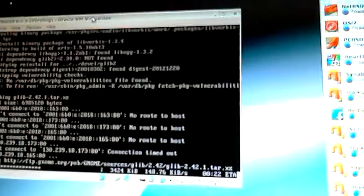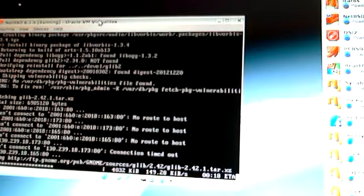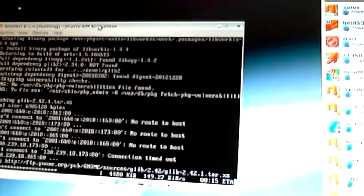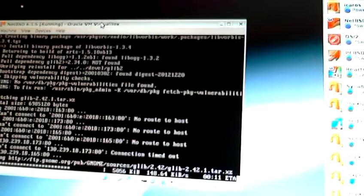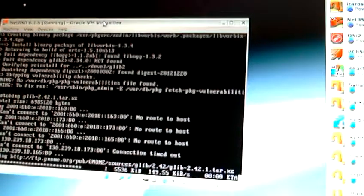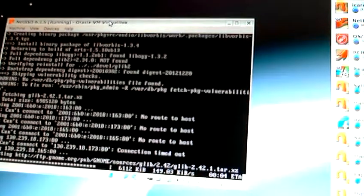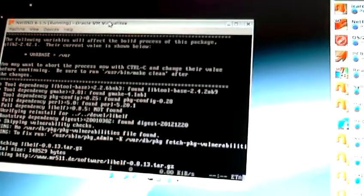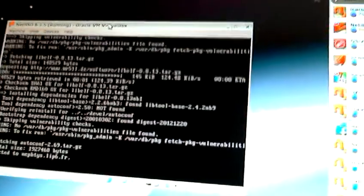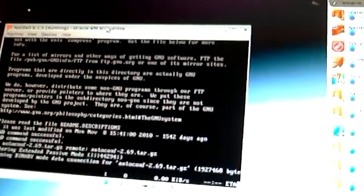So, although you don't start with a graphical desktop, if you can't do much anyway except surf the net, then does it really matter if you have to wait however long this is to